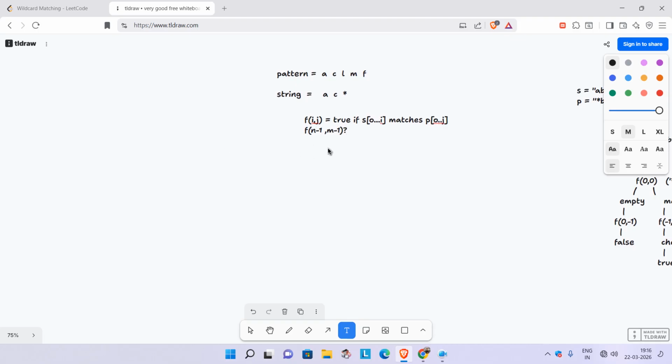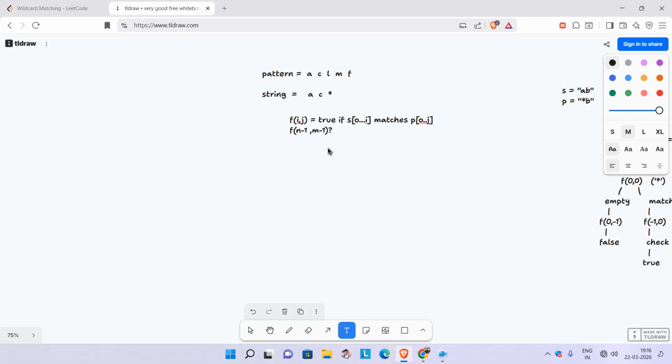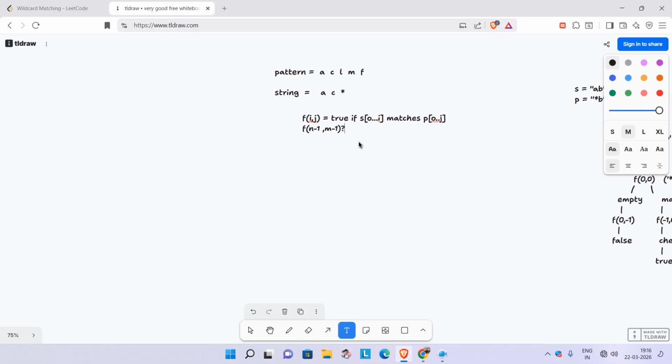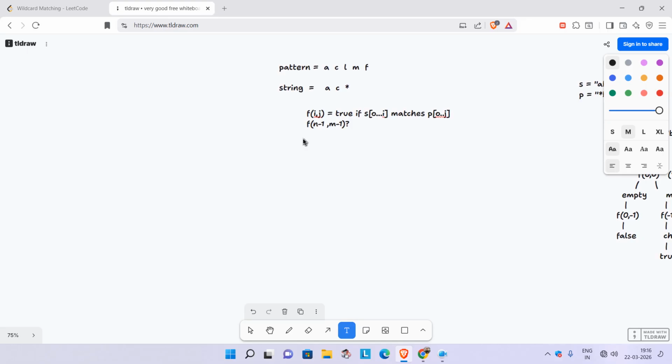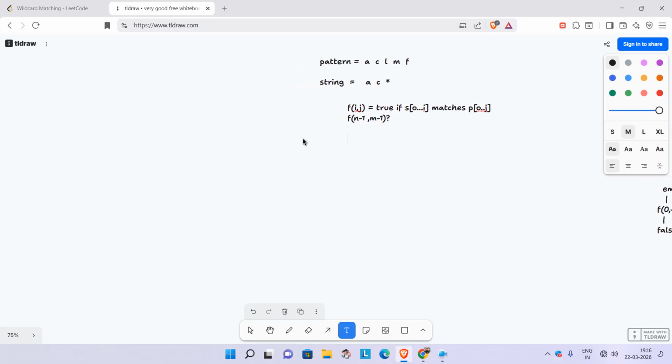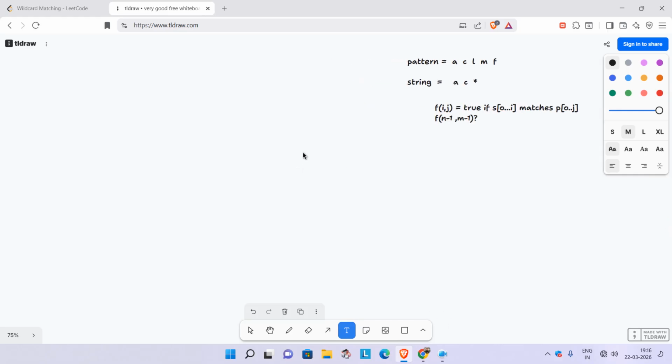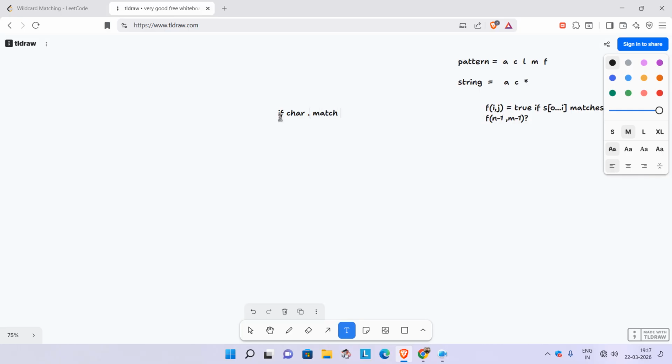Okay, so now let's discuss the other string more clearly. Let's summarize some of the points here, like what conditions you apply. There are some key factors that we can notice here. We can say if our characters are matching, okay, what I'm trying to say, if our characters are matching, or if there is a question